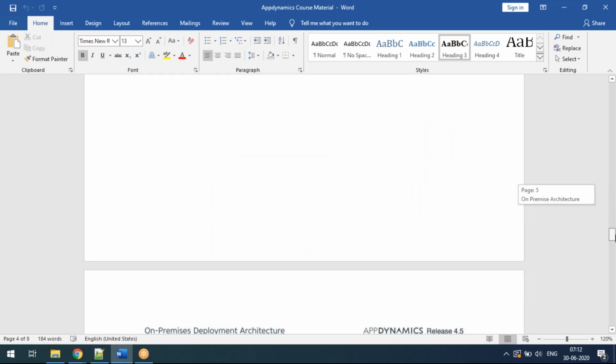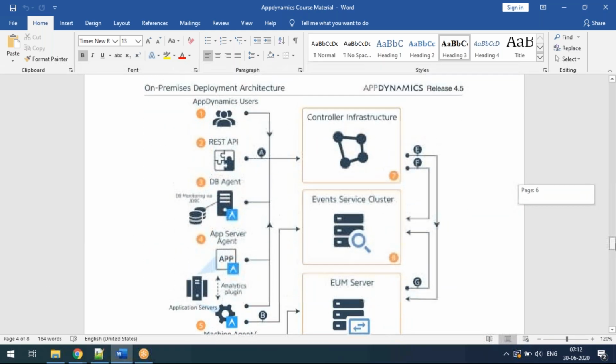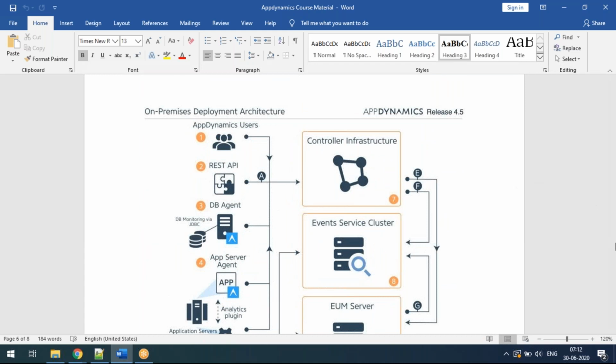So similarly, the architecture of on-premises is quite a similar one. Only thing is, as I mentioned, it is all on-premise within the firewall, within the infrastructure, within the LAN, whatever you call it. So basically, what will happen here? Also, it is considered to be unidirectional, but the components are represented a little differently. There is a controller infrastructure, event services, end user monitoring, geolocation things. It is all separate things that they mention.